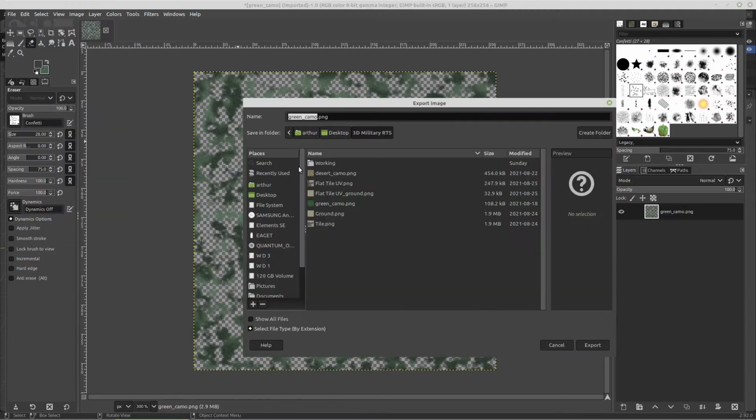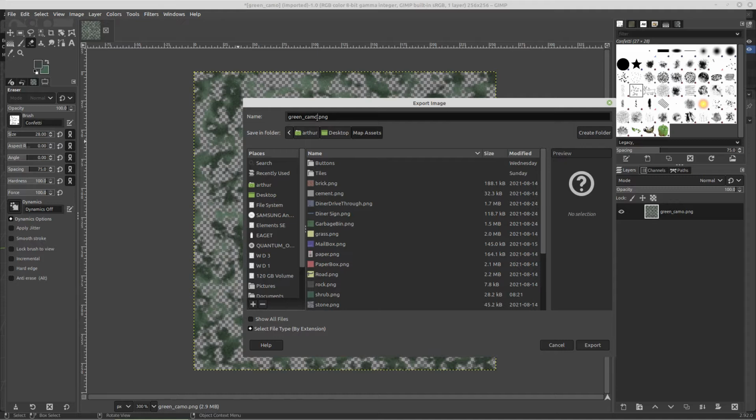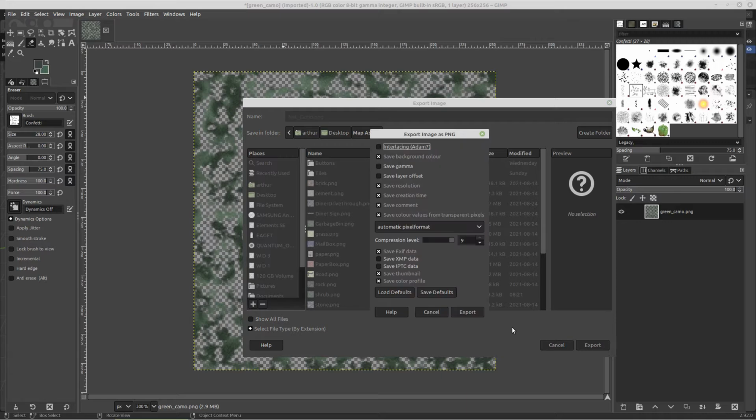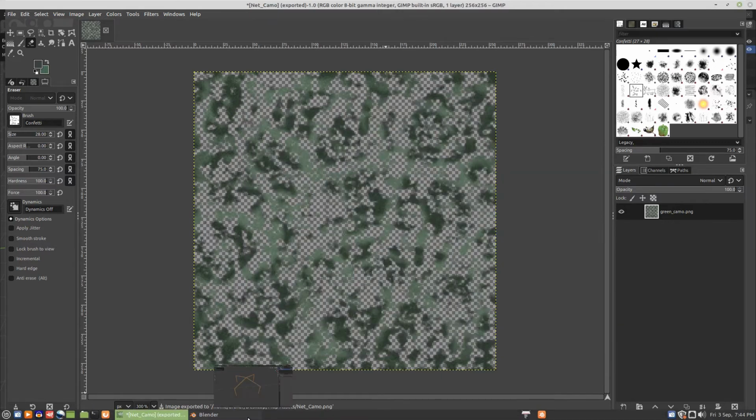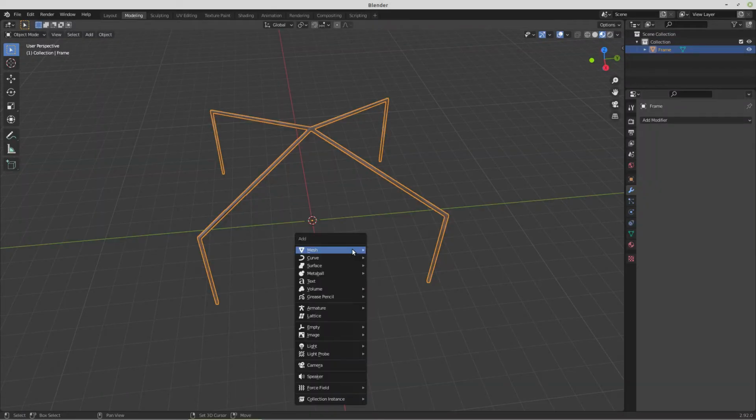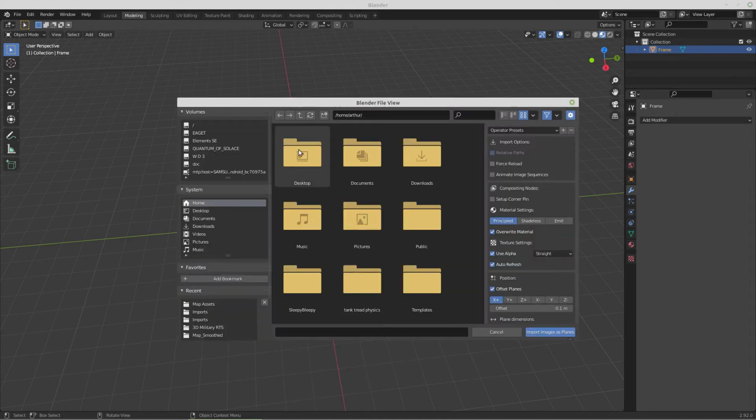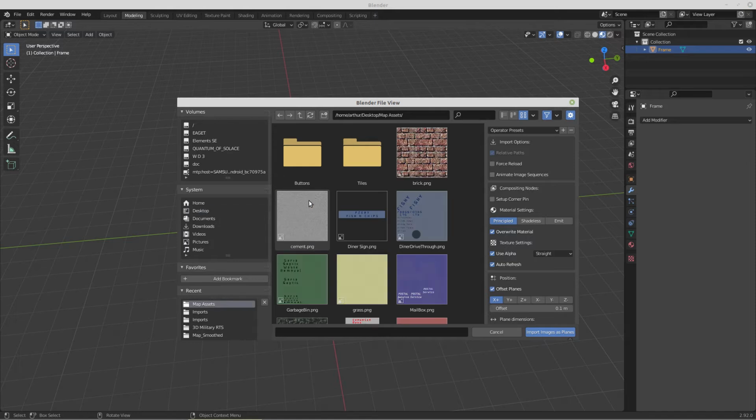So we'll export that one, desktop, map assets. Let's try, let's call this net underscore camo. That will work. We'll save that. We'll come into Blender. We'll add that as a plane. So images as planes, desktop, map assets,